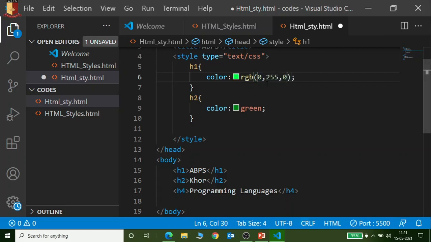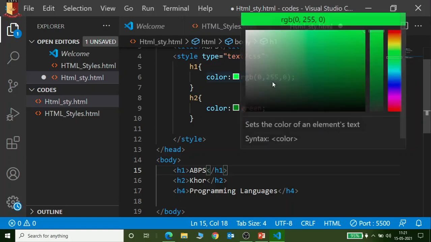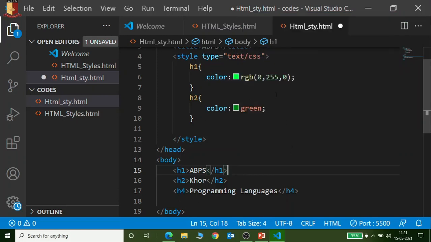Just check: the first one is R, the next one is G, and the next one is B. So 0 means red is nothing, the second one G is 255, the most of it, so green, and the last one is blue, 0 means nothing.